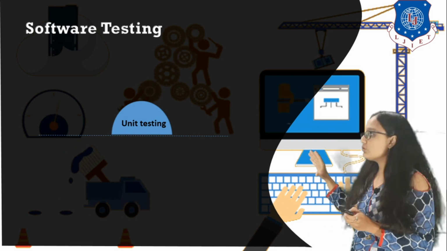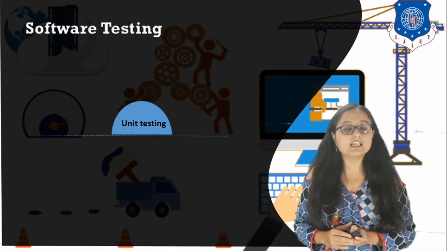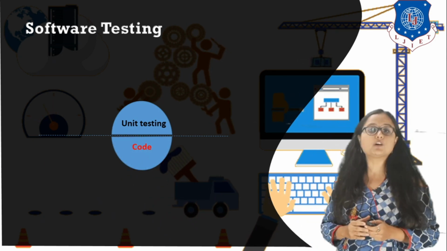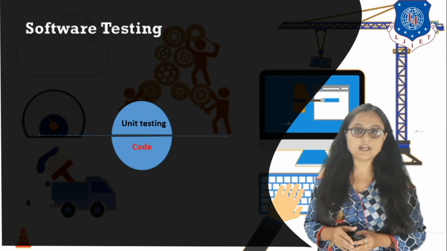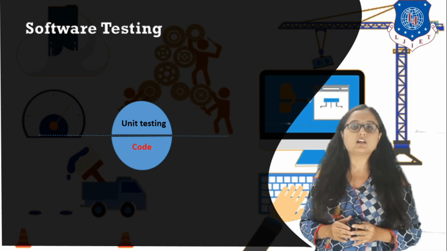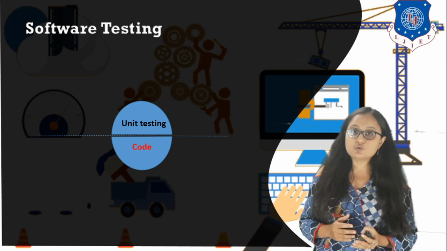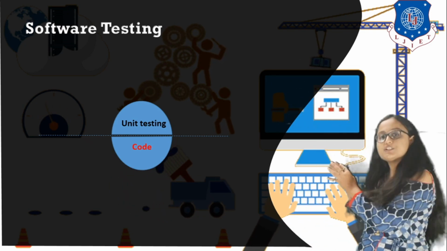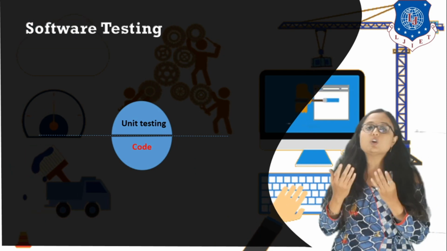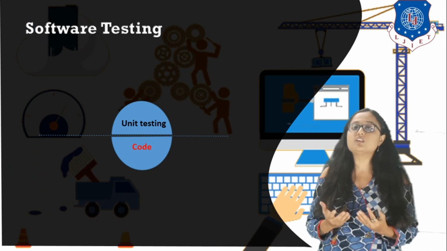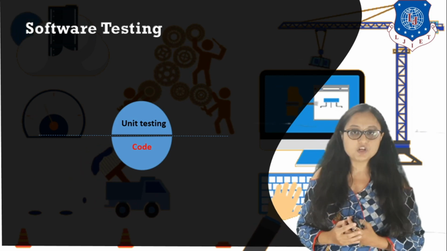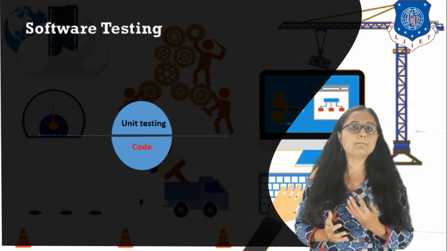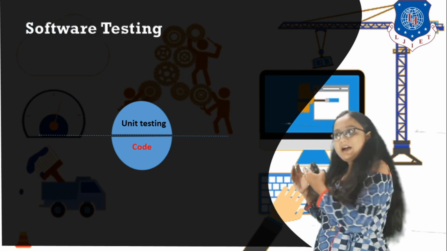Now the first, or you can say the core of testing activity, is unit testing, and unit testing is the testing which is performed by the developer himself, right? So for example, if you are writing any code and you are running that code for checking any errors, that sort of testing is known as unit testing. So it is performed on the code, right? Now what do you mean by unit? Unit is the smallest part of a program or software which you actually check for any inconsistency, errors, bugs, defects, right?